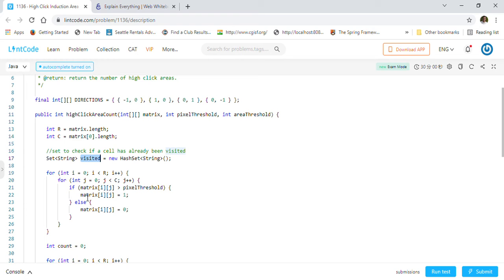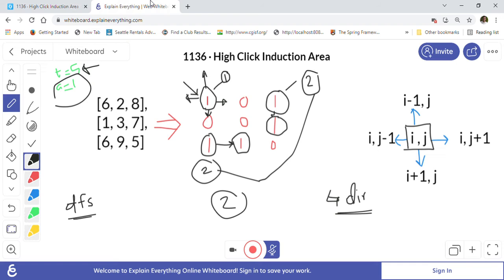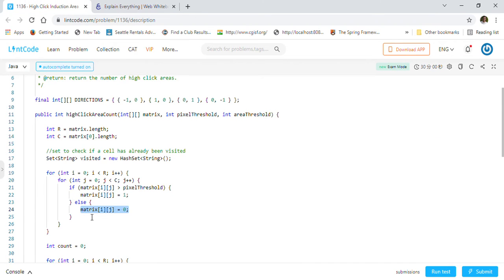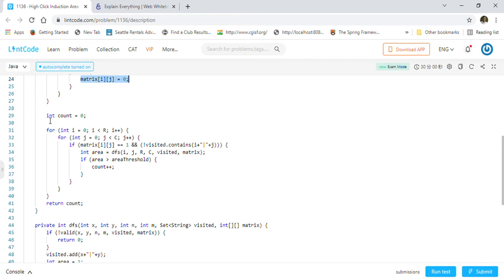And after that, first we go through the complete 2D matrix, and whenever we find any cell which is greater than the pixel threshold, we mark it as 1, otherwise we mark it as 0, which I have shown you here. That's what we are doing here. And after that we create a count to hold the number of areas.